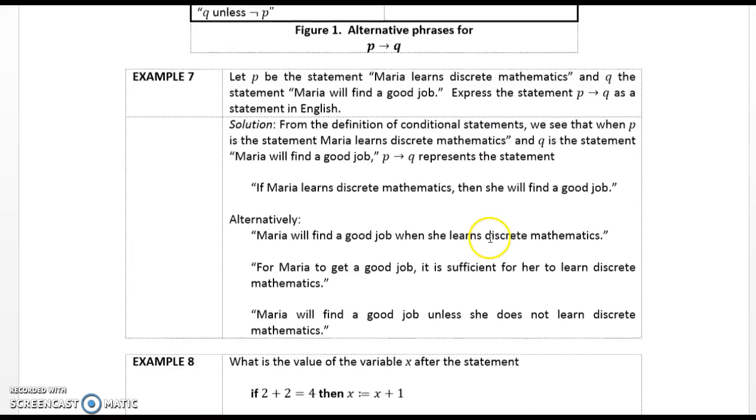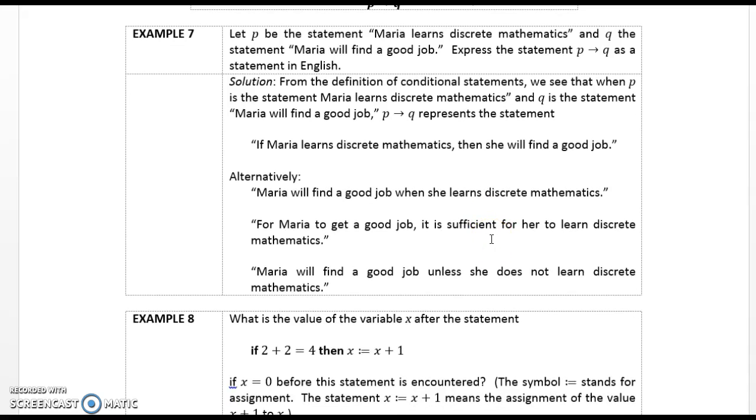Example 7. Let P be the statement, Maria learns discrete mathematics, and Q be the statement, Maria will find a good job. Express the statement P implies Q as a statement in English. Solution. From the definition of the conditional statement, we see that P implies Q represents the statement, if Maria learns discrete mathematics, then she will find a good